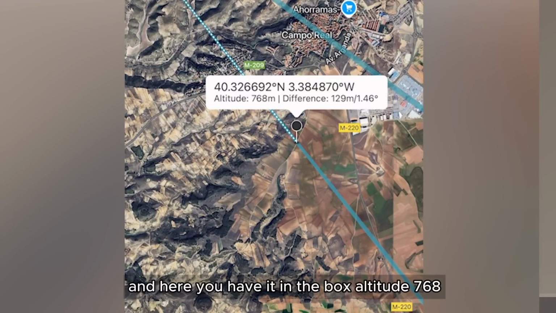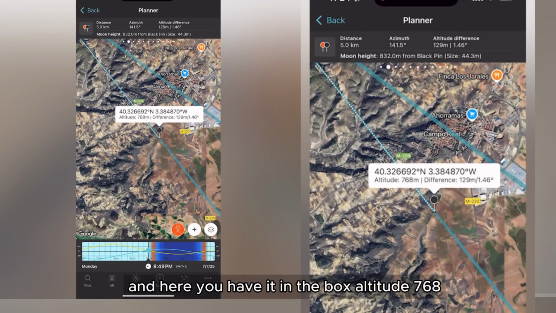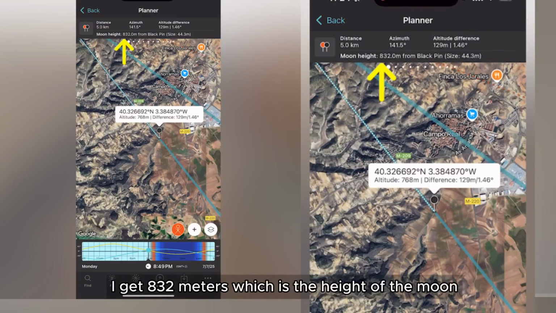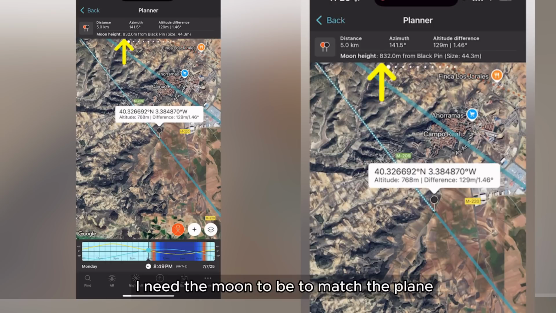and here you have it in the box, altitude 768. So basically, if I take the barometric altitude of the plane, 1,600 meters, and I subtract 768 meters, I get 832 meters, which is the height of the moon I need the moon to be, to match the plane,